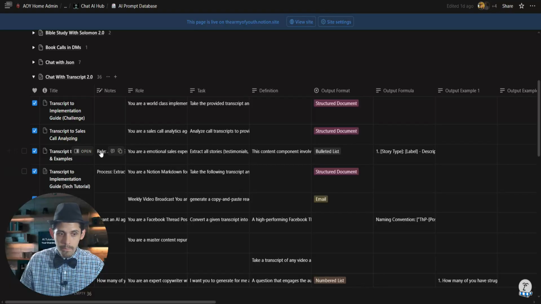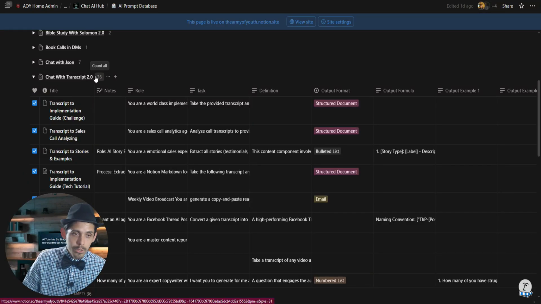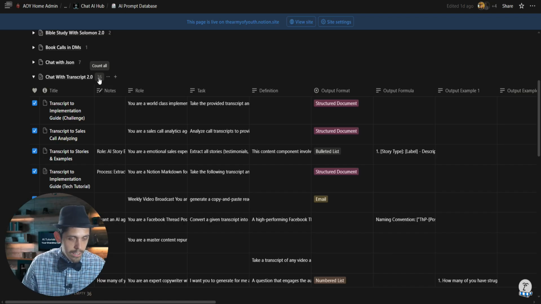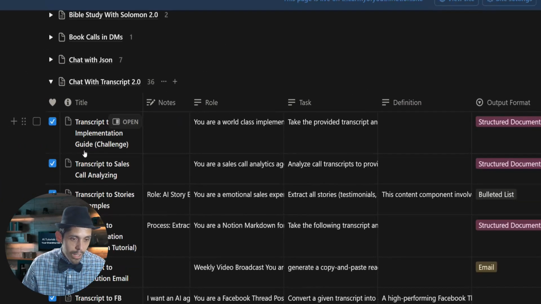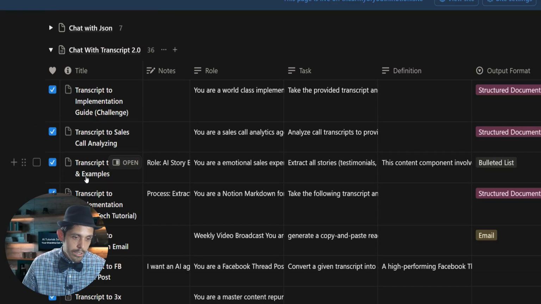So I've got this chat with transcript, which is basically 36 ways that I could automate my content creation from my transcript. So I could extract stories and examples from